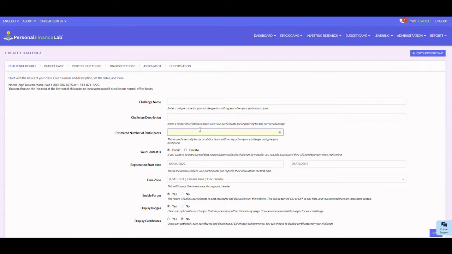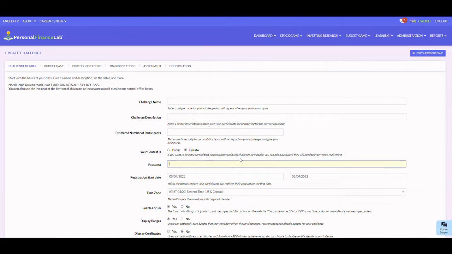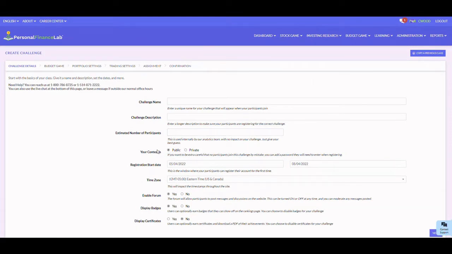Again, if you're working in teams, you can put the total amount in your class, even if your students will eventually be sharing an account. If you want your contest to be private, that basically means that in order to register, your students will have to put in a password. If not, you can just share a registration link and your students can click it and put in their information